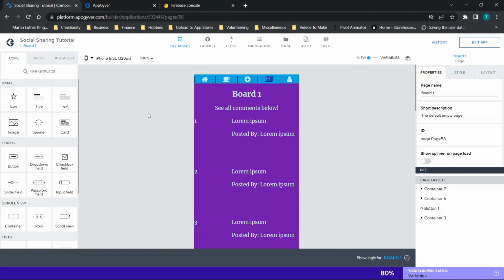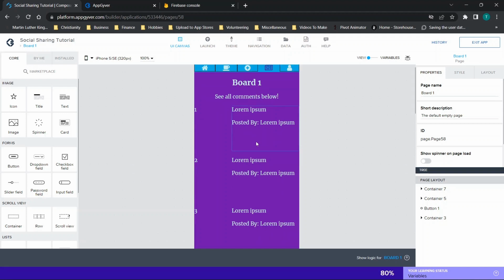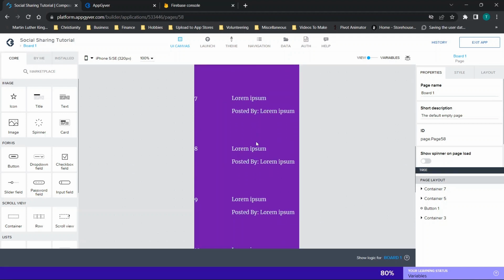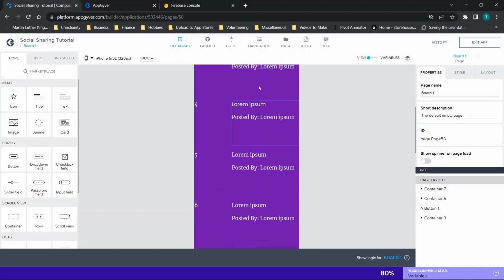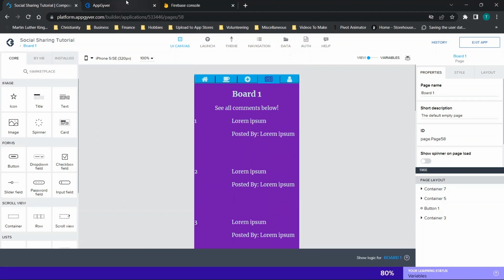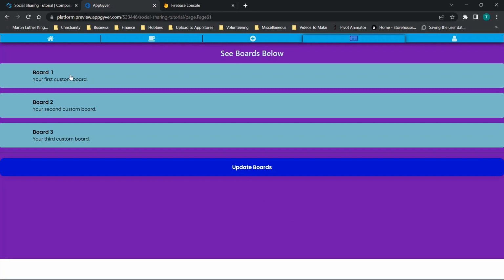Now, up until now, we've basically created the entire app. We are winding things down at this point, so today's video is basically finalizing the boards. So, in the last video, we made the boards. However, we did not make a way to view the boards and the content contained in them. So we are going to go through building this today. Now, as we've done previously, we are going to look at a demo of this just so that we understand